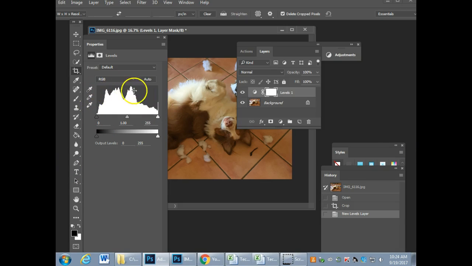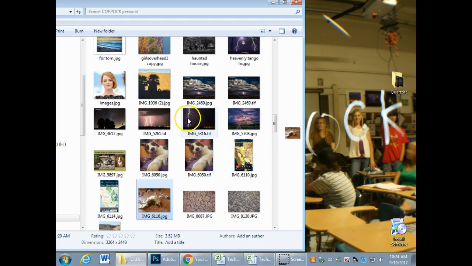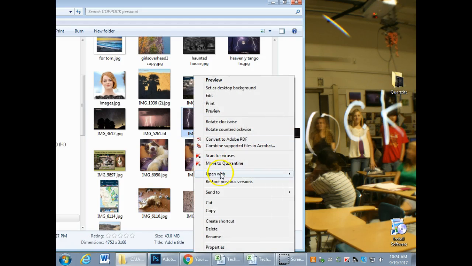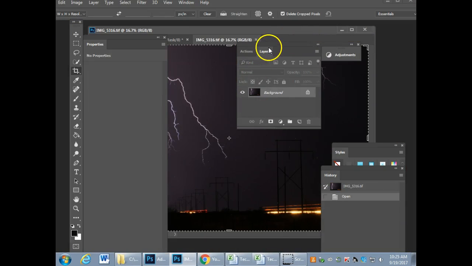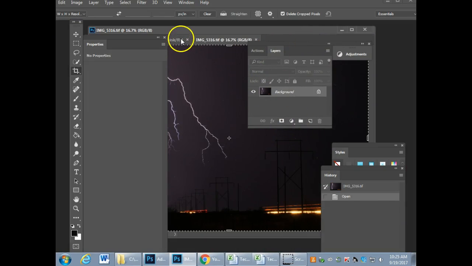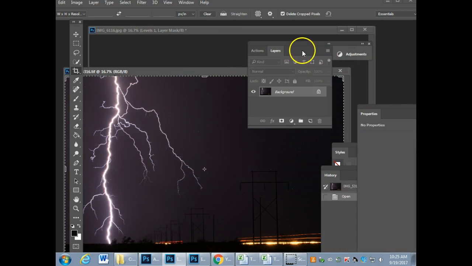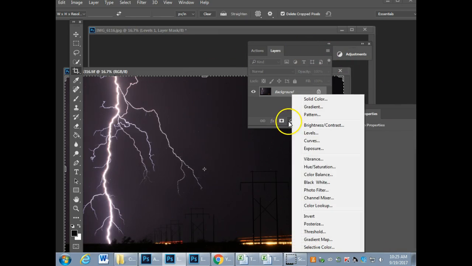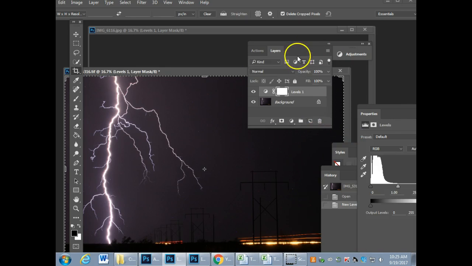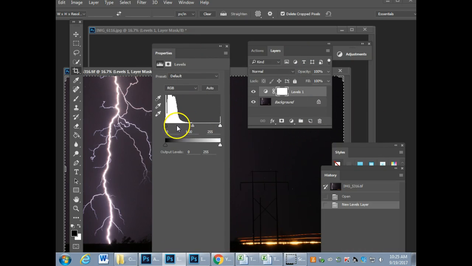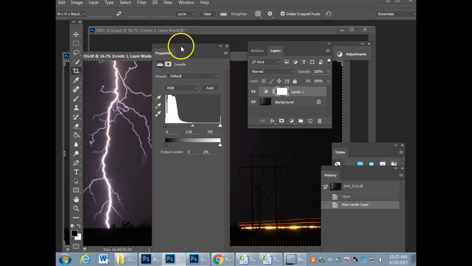Sometimes when you open a picture, it will not be so well distributed. Let me see if I can find you one that is going to need some work. So let's see if we open this one. So if I open this one and I go into here, and I come in and I move this and I go and I create levels here, you're going to see that it's going to show me a really different histogram because this picture is much darker with only a light